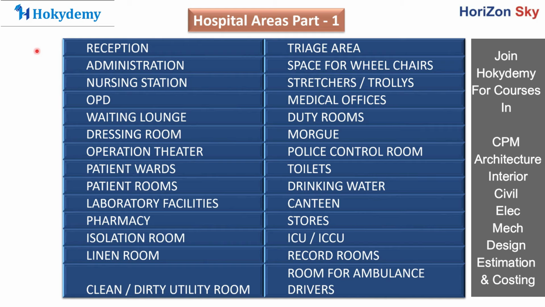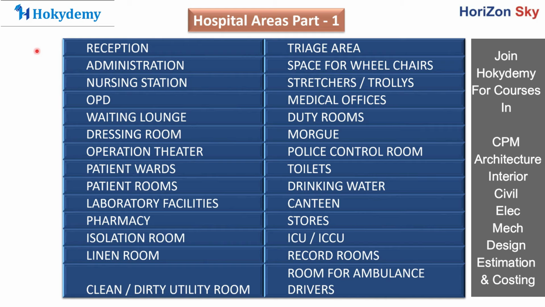Then we have the administration area. Now, the administration area generally looks after different kinds of things. They are generally the supporting team for all the other members of the hospital. That is, they support the nurses, doctors, ward boys, reception, and accounting team. They also look after the transport of medical equipment and medicines. So they are involved in the administration of the entire hospital area.